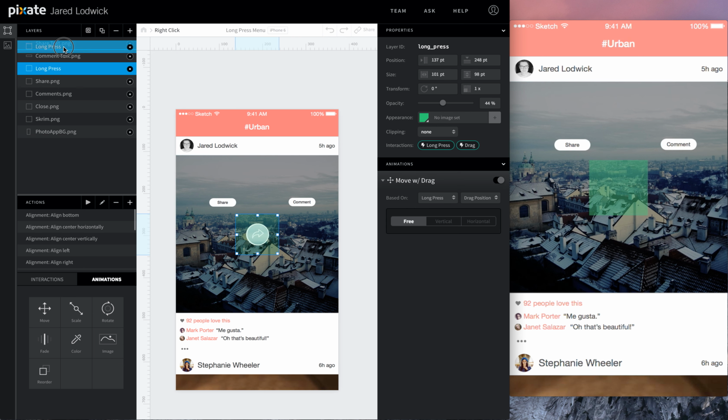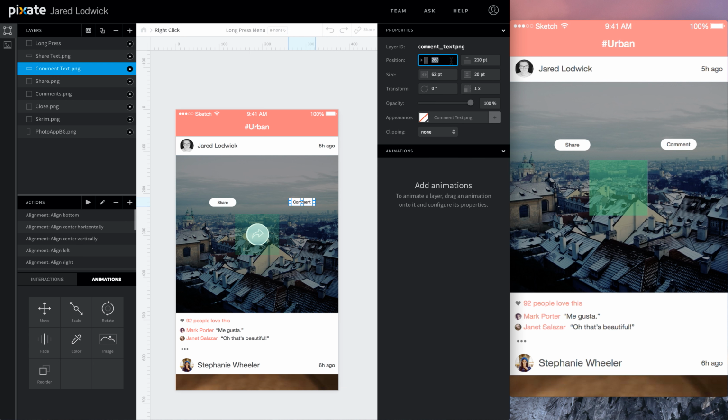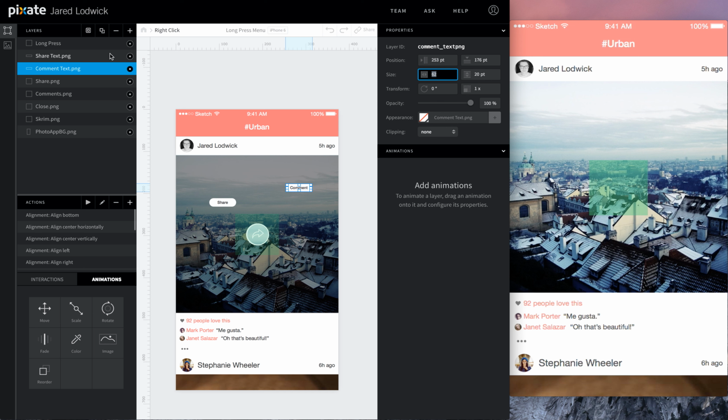And make sure long press is always at the top. We'll move comment text to its position at 253 and 176. And we'll move share over to 62 and 176.